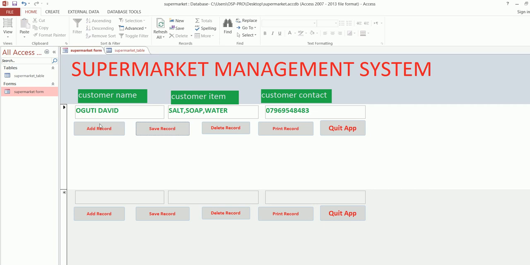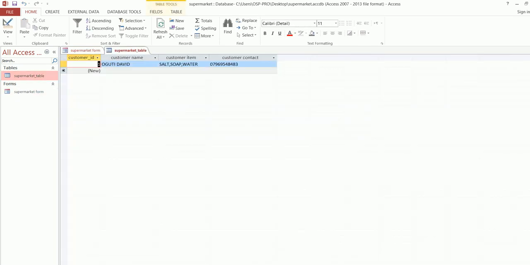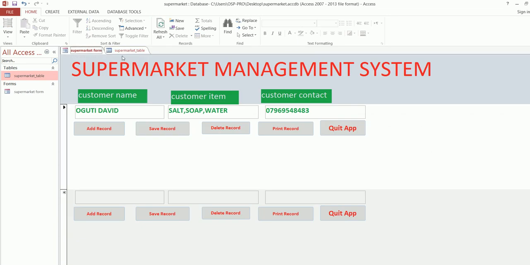But now I have a problem. If we click here, I think that's it. You have seen what you have so far added. So it is upon you to always maximize on the customer product. So if you come back in here on our form, you can always drag your form this side. This is our form. So if you want to click new, just click new here, so that we can always